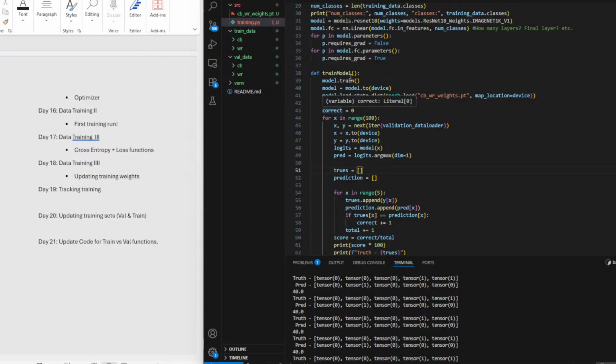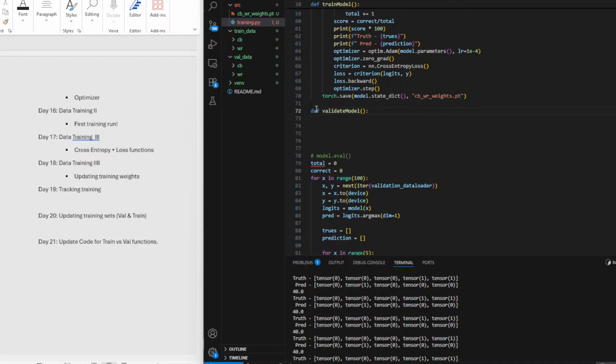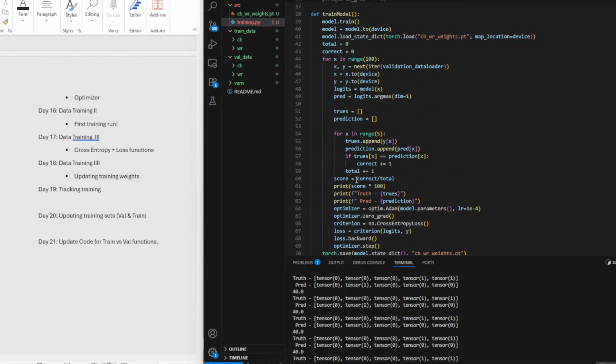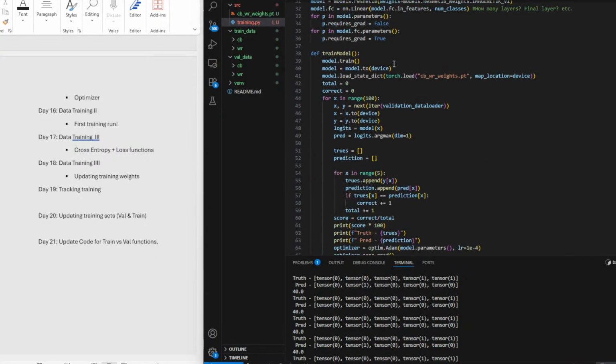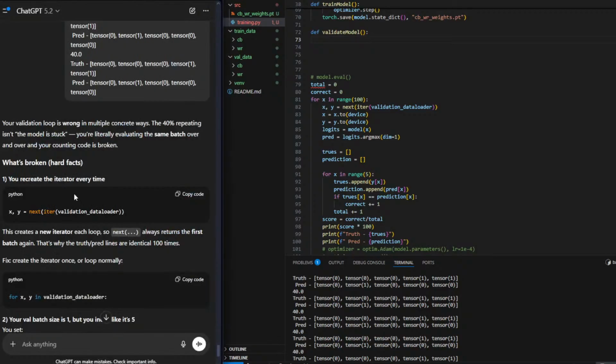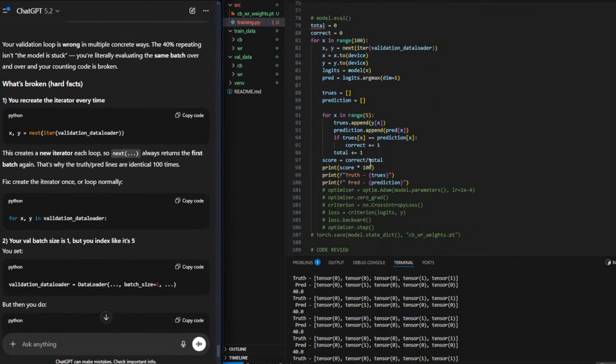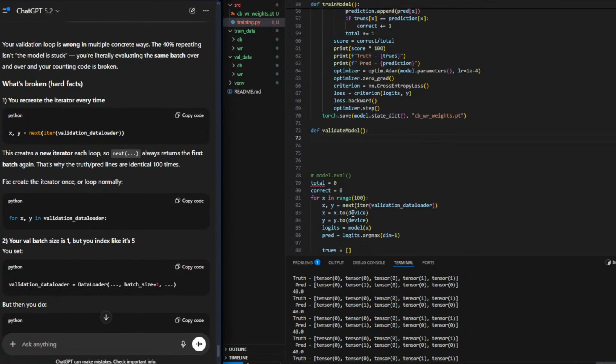Okay. So this is our train model function. And then we're going to want a validate model function, right? So you already have your batch. It was saying this creates a new iterator each loop, so next always returns the same thing. Fix: create the iterator once or loop normally. So we're saying just simply,